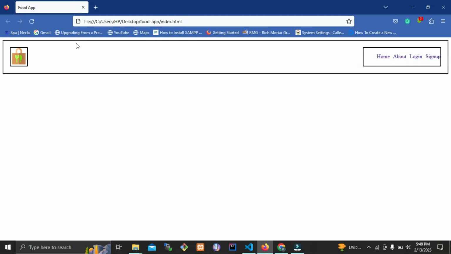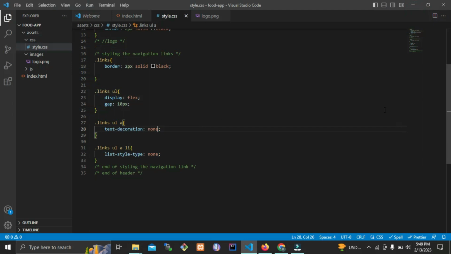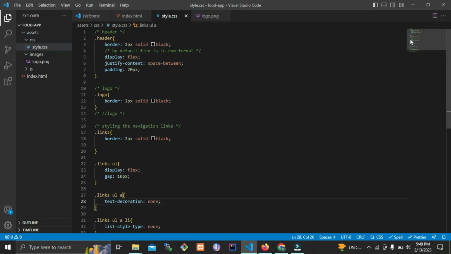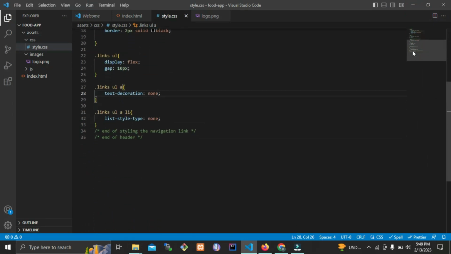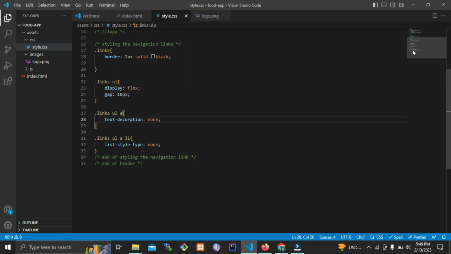So we now need to be able to style this very properly, because this is going to be a good app for the beginners, so that each of us can learn what you need to do when you're styling the front-end application and trying to build something of your own. This is just for educational purposes, and people should be learning from it. So what we're going to be doing, now that we're done with that,